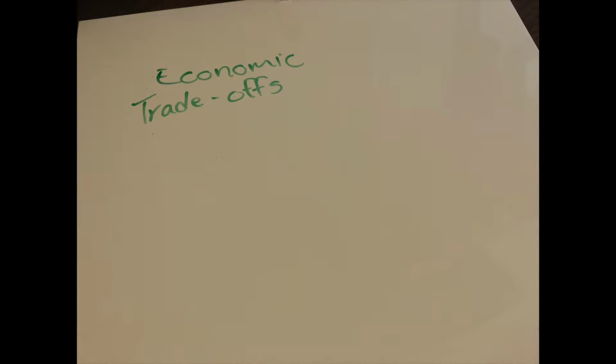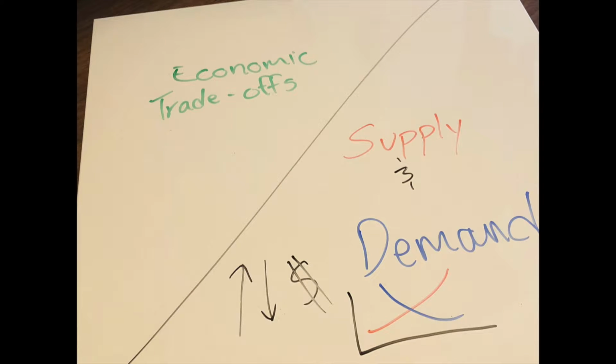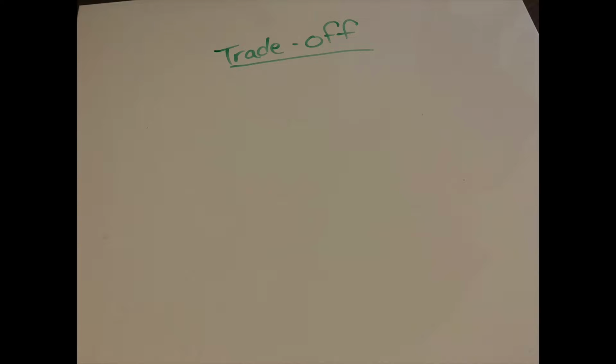In the first half of this video, I'm going to be talking about economic trade-offs, and in the second half, I will focus on supply and demand, and more specifically, how a fluctuation in price, either an increase or a decrease to how much something costs, affects the way that that item's supply and demand will look and act on a graph. First, trade-offs. An economic trade-off refers to a sacrifice made by a person in order to gain a